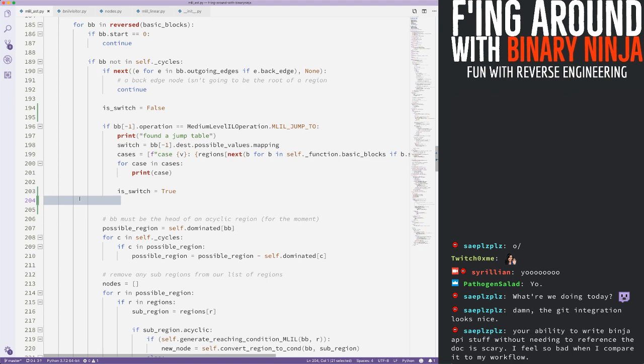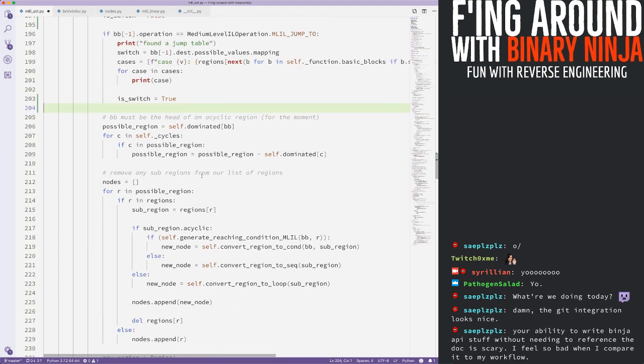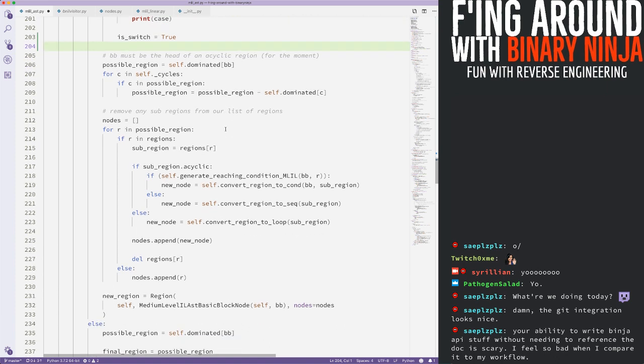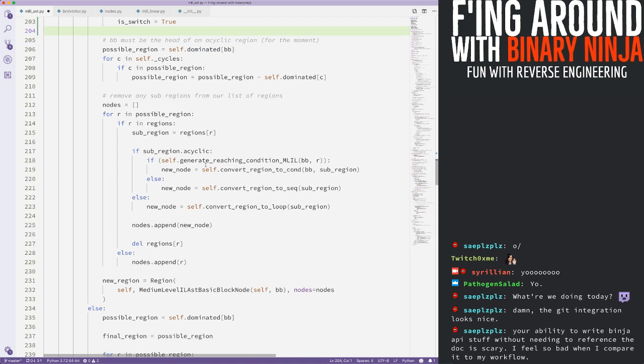Because I do want to try and get this. So we do want the dominated stuff, because that's not going to change. All of those things are dominated, and we come in here, we generate the reaching condition. R to the BB, and this is where we want to do